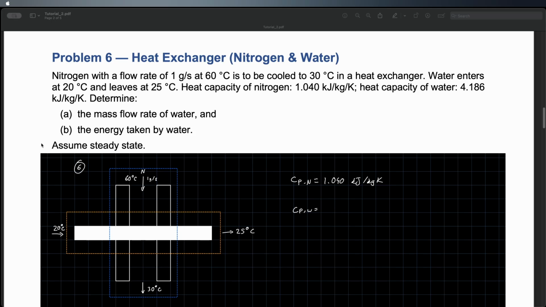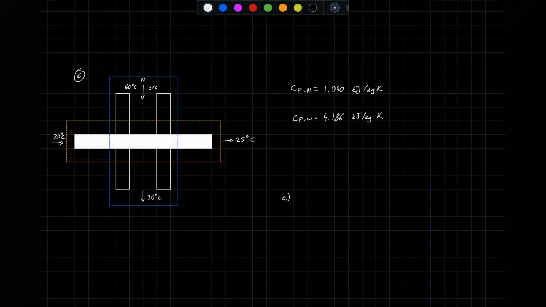I'm going to go with CPW, which is 4.186 kilojoules per kilogram Kelvin. So we need to determine A, the mass flow rate of the water, and B, the energy that's actually absorbed by the